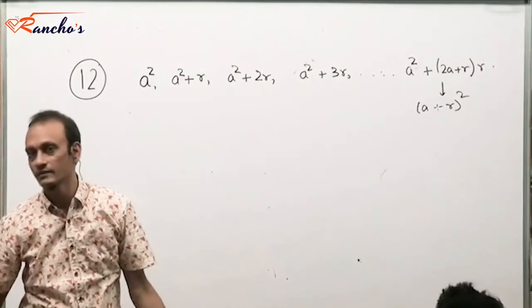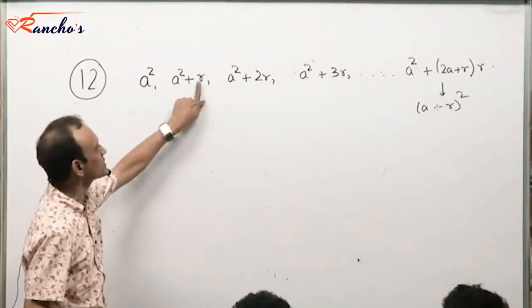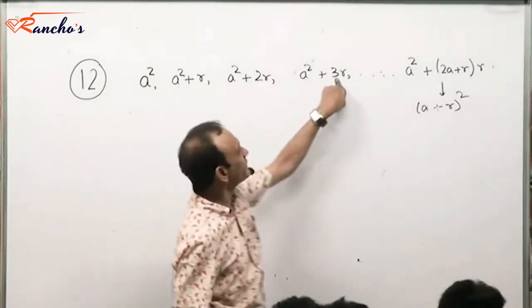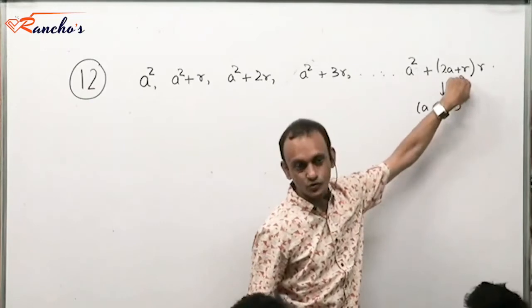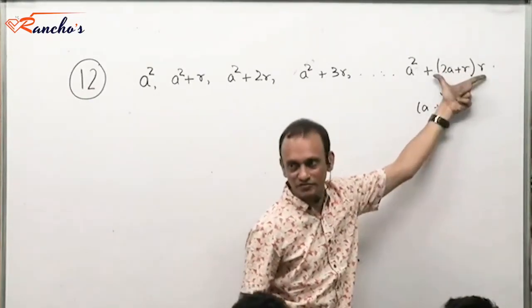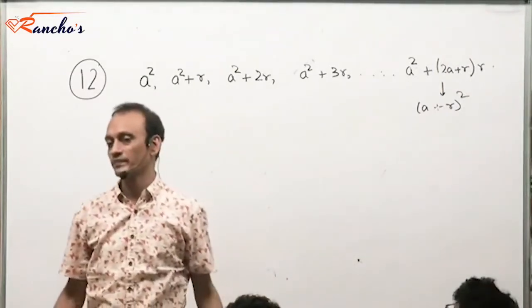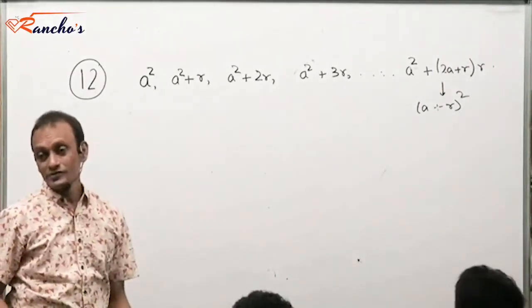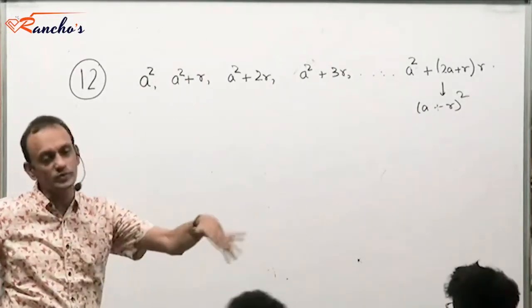Do you understand that? Given one perfect square, I build up the sequence. 1, 2, 3, and in this sequence of numbers 1, 2, 3, there is a 2a plus r also. So 2a plus r into r will also be a number featuring in the sequence, which is a plus r whole squared. So another square. Following every square, there would be another perfect square, so the number of perfect squares would be infinite.